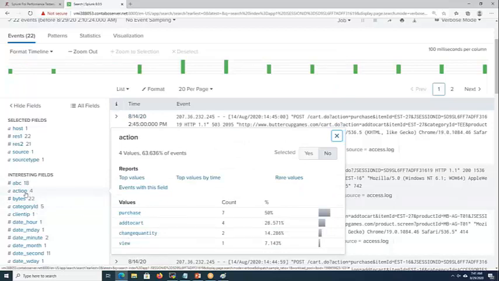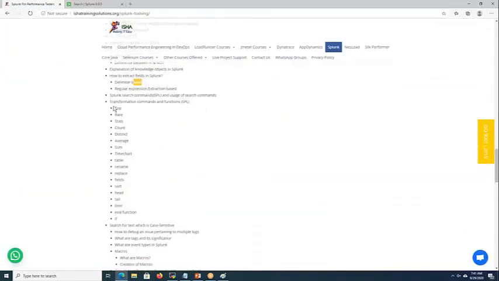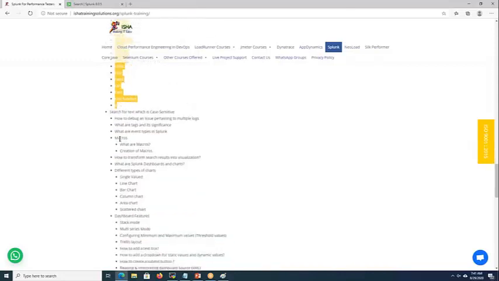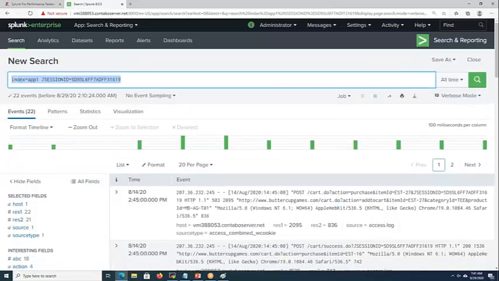There is something called action which has purchase, add to cart, view and change quality. So we will be discussing these things, and we'll be discussing these Splunk commands, okay, Splunk queries as part of our SPL, and then we'll be creating the dashboard. So I will show one demo. Let us assume I'm having a Splunk query which is very big.